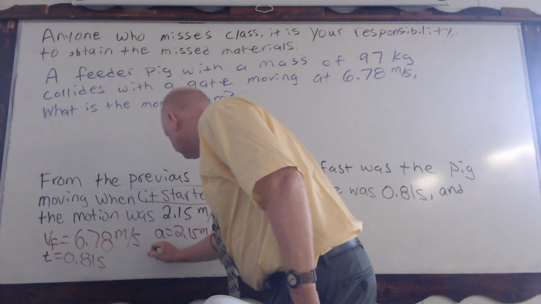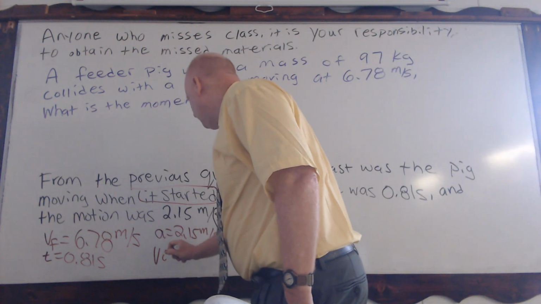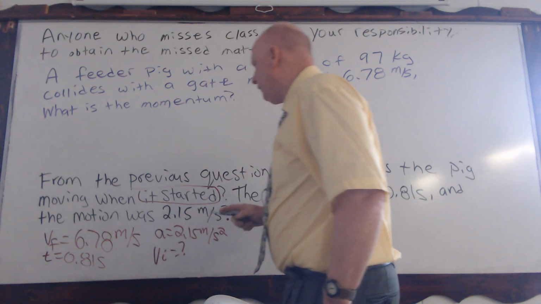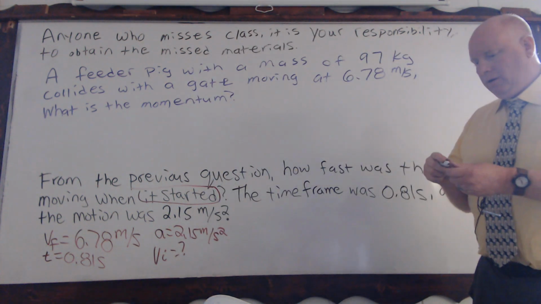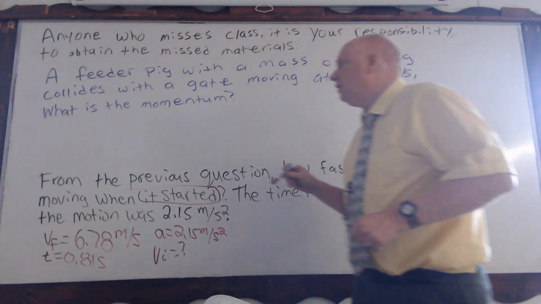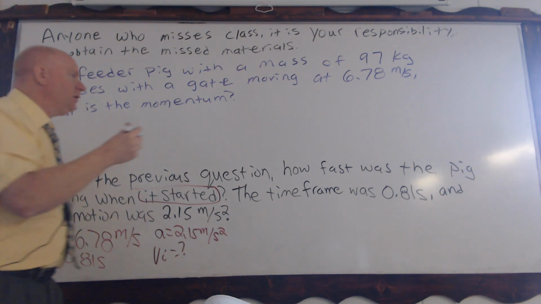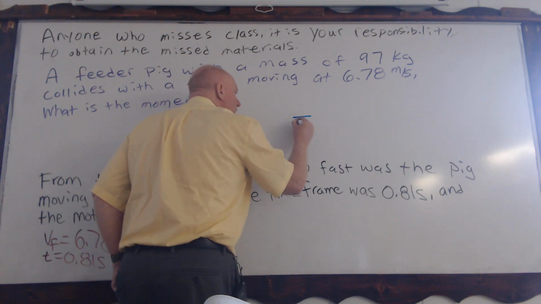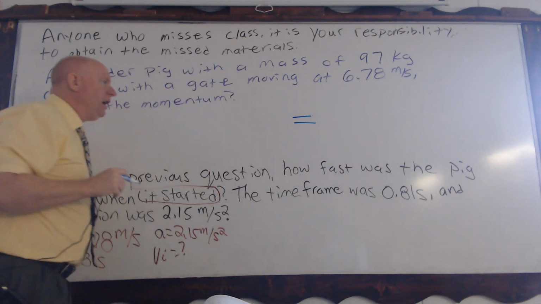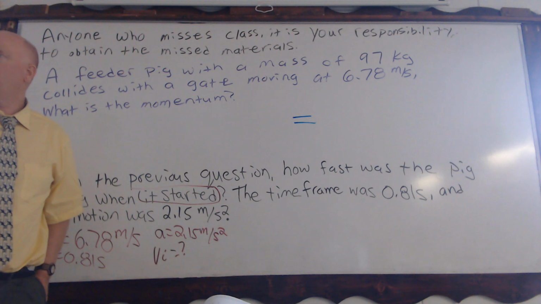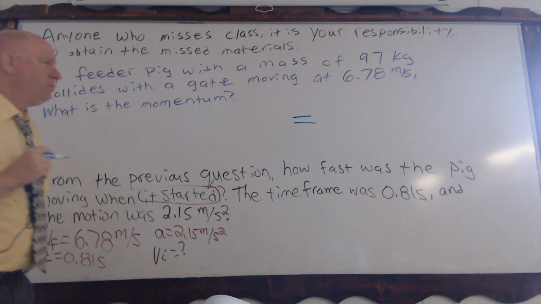And it's something that you have not done before. Okay? So, we have our setup done. What possible formula are we going to use? Okay? So now, let's do what the formula tells you to do, which is we've got an equal sign here. What is on the left-hand side of our equation because of our acceleration formula? 2.15.